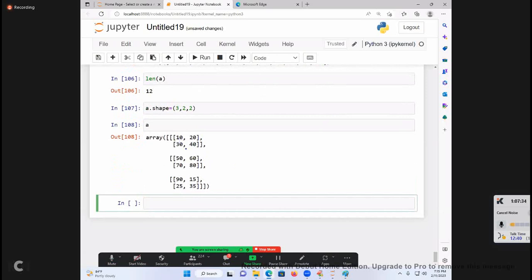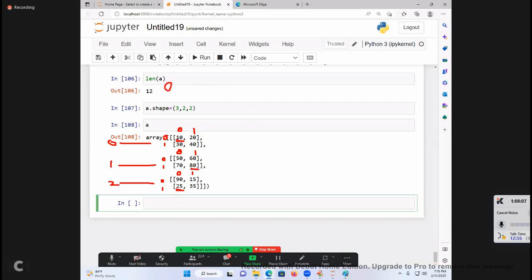Prachi Gupta. 10 I want. 18 I want. 80 I want. 25 I want. Matrix number. Row number. Column number. Now I want what? 10, 80, 25.